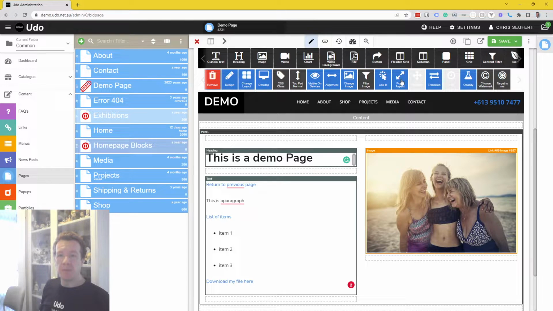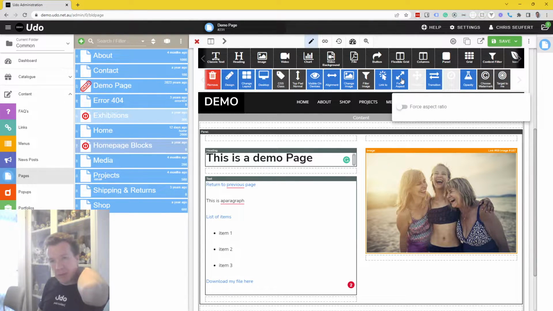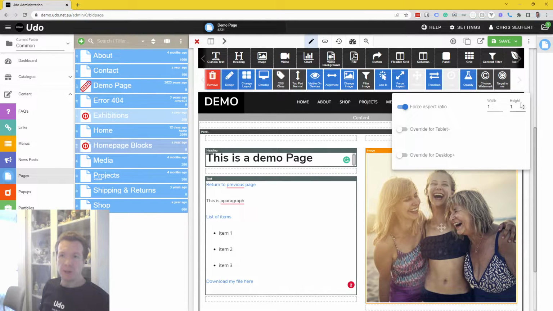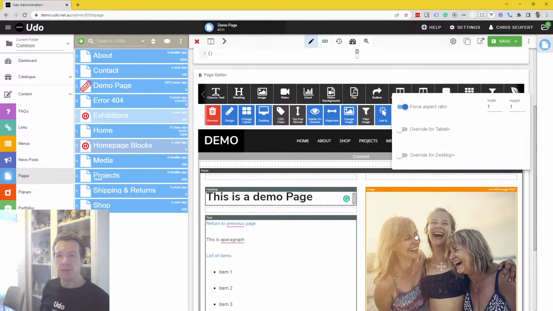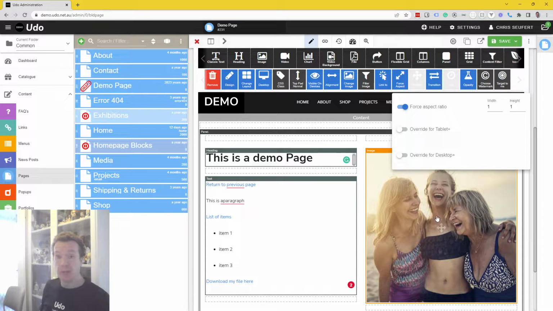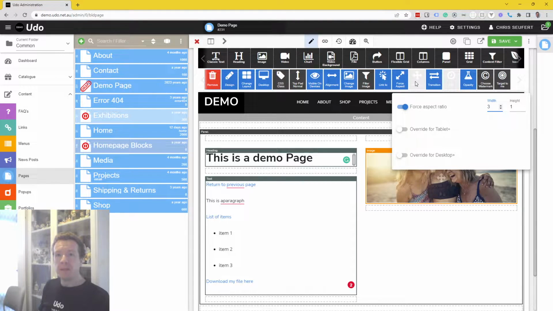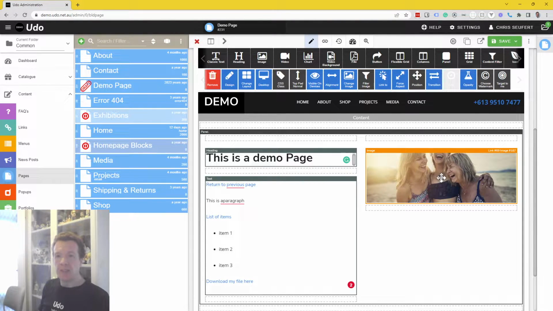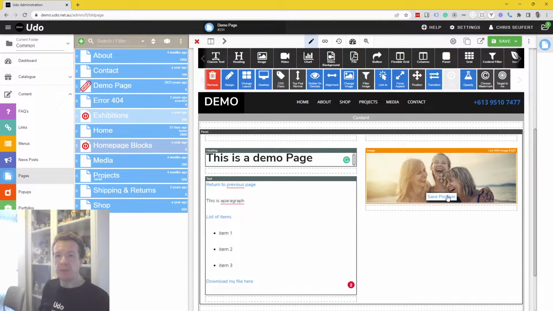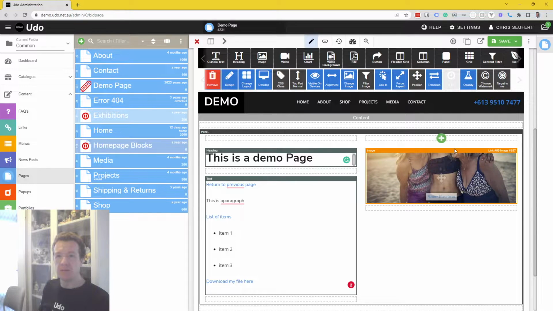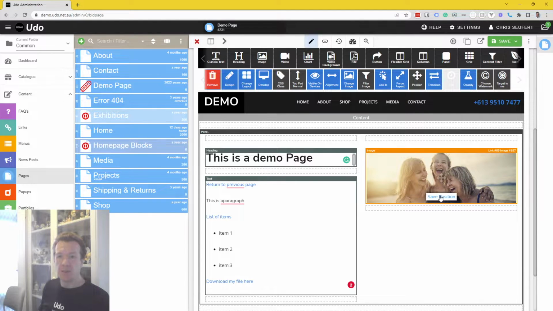With images, we can also apply force aspect. This basically will crop the image to a particular shape. So what we can do here is say we want it to be square, so one width for one height. And as you can see, the image is now a square, no longer a rectangle. Or we might decide, no, we just want to take the top half or something. We want to make the image just a slice. So there the width would be much higher than the height, so maybe 3 to 1. And now we get a slice. And we can use this 4-way arrow in the middle by dragging it to reposition where that slice is taken out of the image. And then we click Save Position, and it will remember that